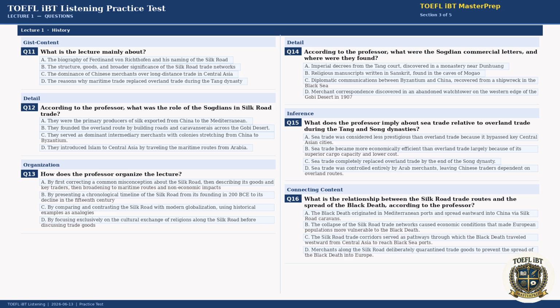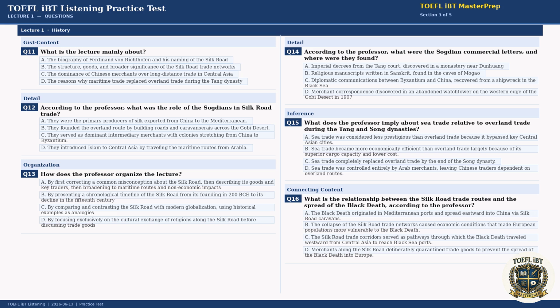Great question. Scholars do include the sea lanes, sometimes called the Maritime Silk Road, under the broader umbrella. The maritime routes connected Chinese ports like Guangzhou and Xuanzhou with Southeast Asia, India, the Persian Gulf, and the East African coast. By the Tang and Song dynasties, sea trade had actually begun to outpace overland trade in volume, partly because ships could carry much heavier cargo far more cheaply than camel caravans crossing deserts and mountain passes.